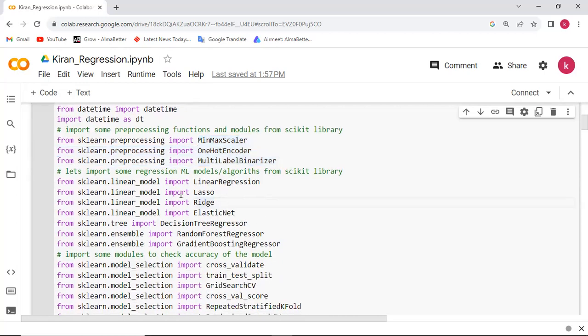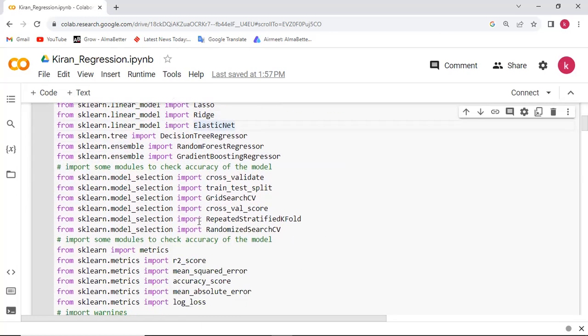Then we have implemented some machine learning models, namely linear regression, lasso, ridge, elastic net, decision tree, random forest, and gradient boosting regressor. This is the code for the import of these modules or models.